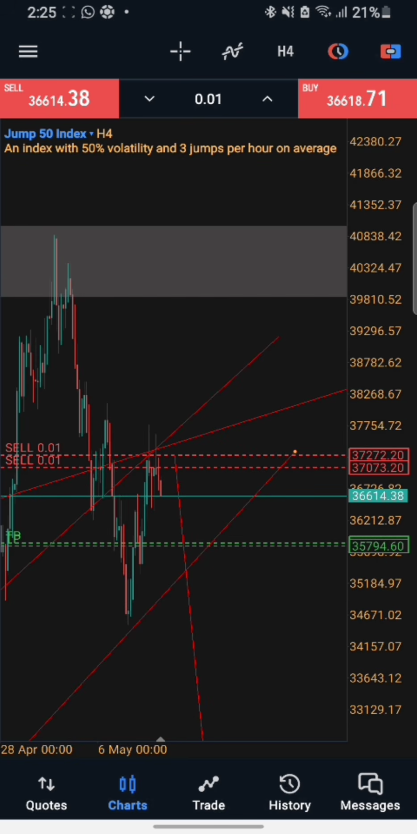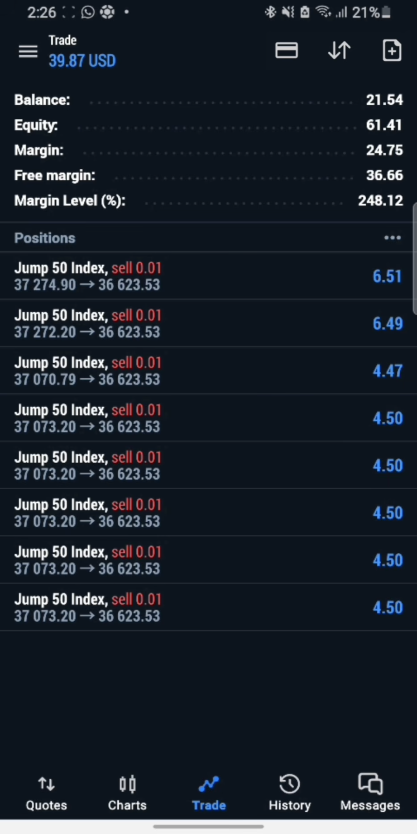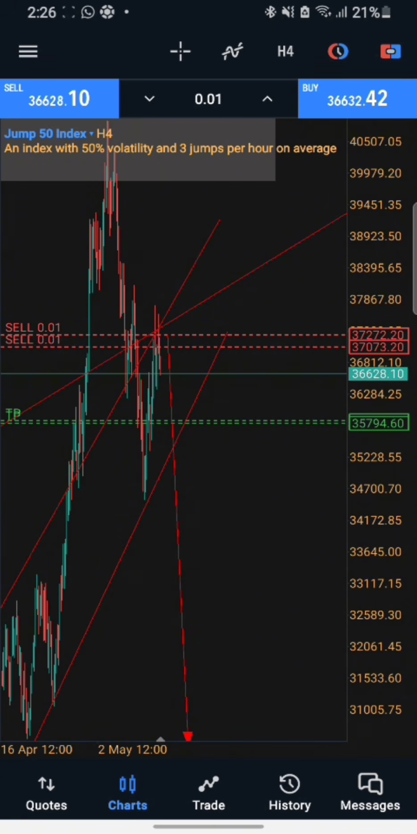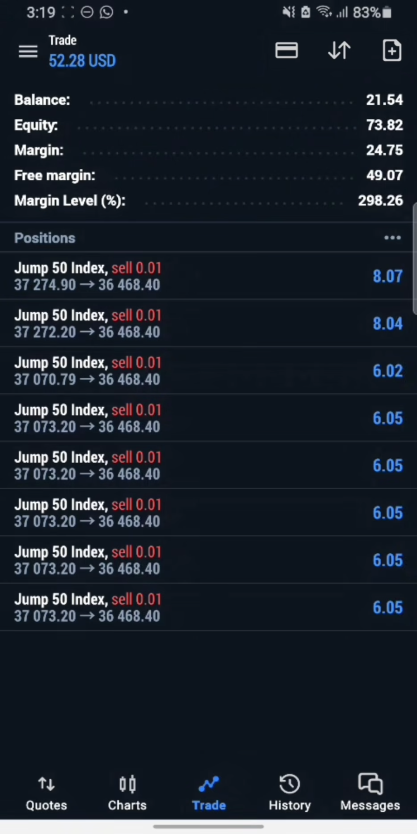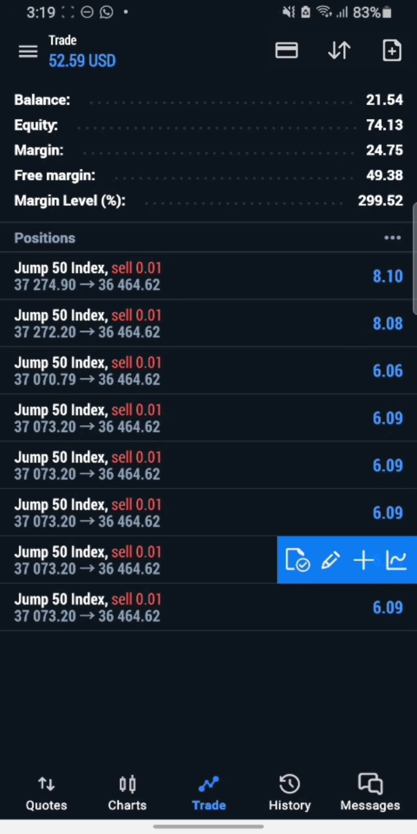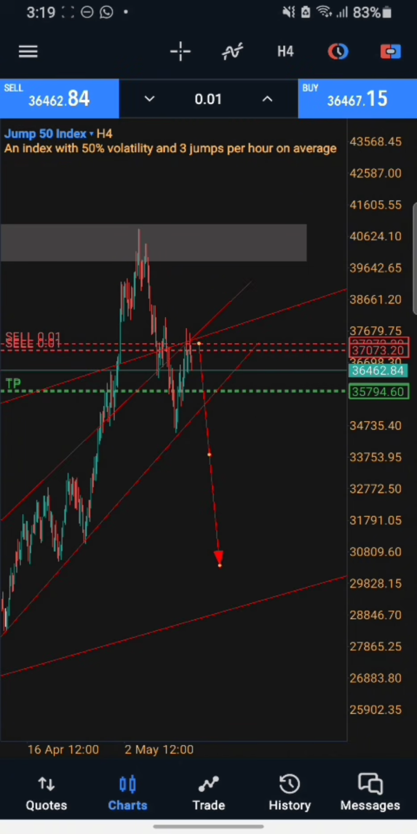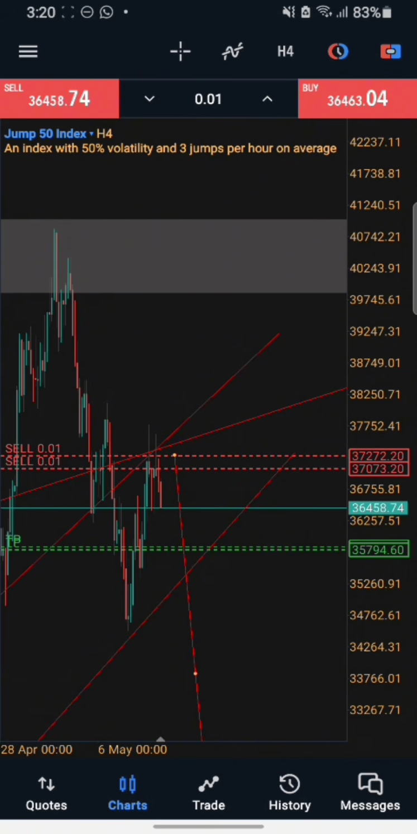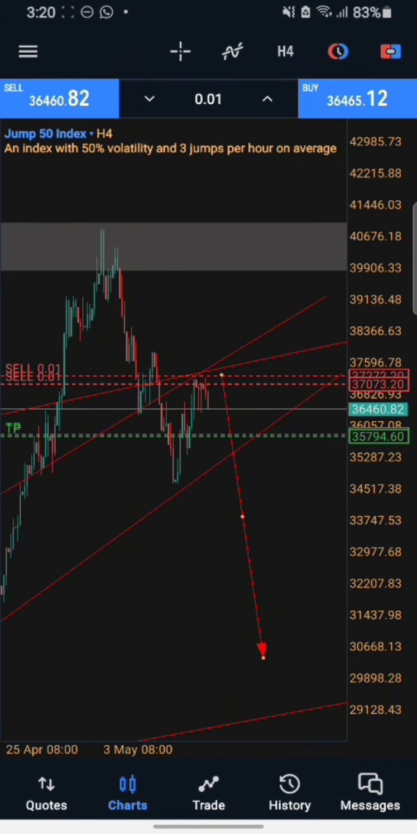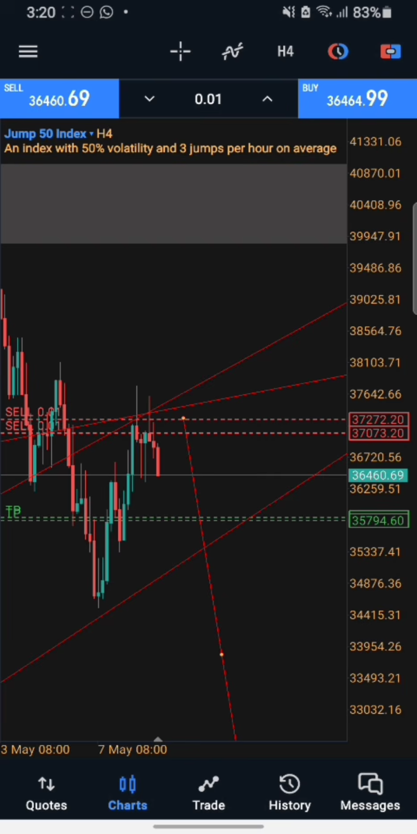So as you can see, now we're in 63 equity, which is a lot. So you can either put more positions or just be satisfied with that profit that you have, but then the market is still going down. Now in $52 profit, the market is still going down,